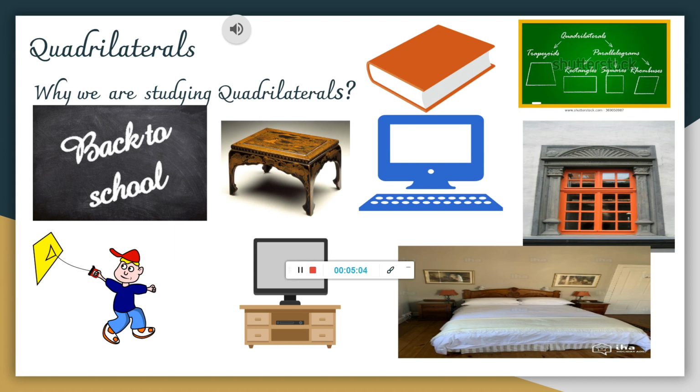So when we talk about a quadrilateral, we are not only going to talk about the shapes. We are going to talk about the various types of quadrilaterals, their area, their boundaries, and their properties, etc. So these are the things we will touch upon in this video. Okay, right.